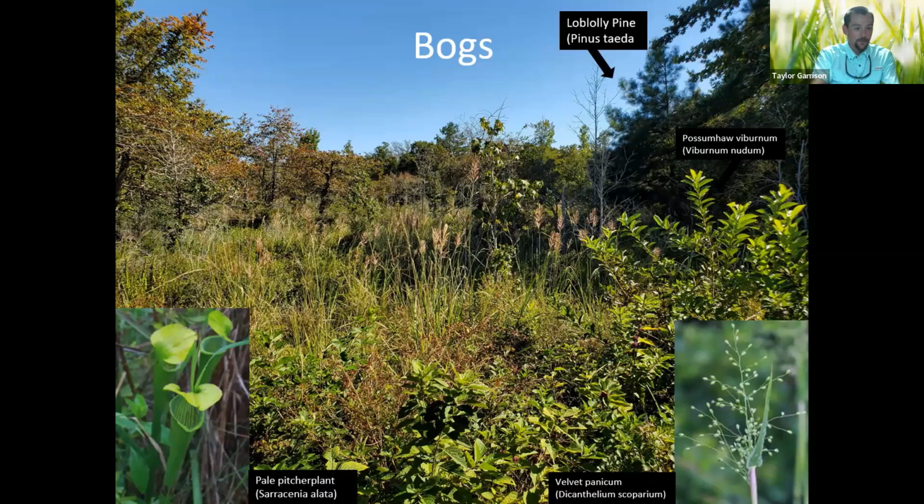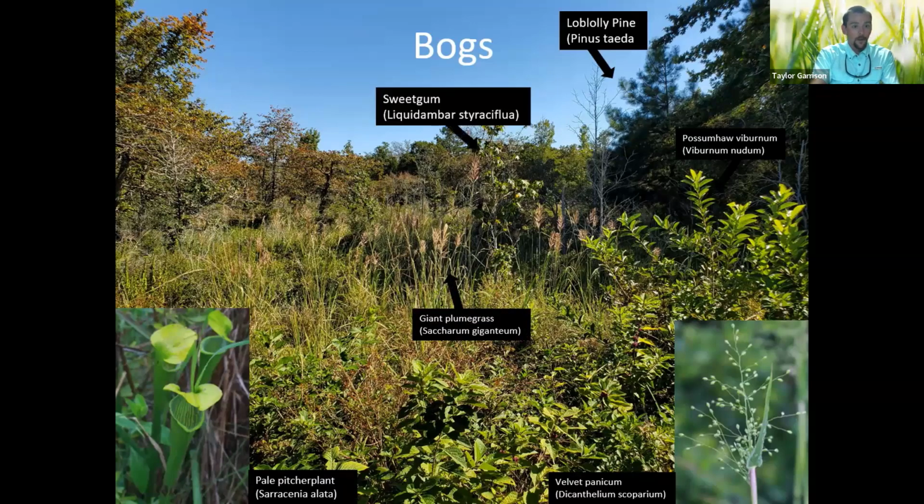We also have the pitcher plant again. We have giant plume grass, which is another grass species that will occupy these bogs. These guys can get upwards of 14 feet tall on a good year. We also have sweet gum, which is a really unique plant. I should have showed a close-up of the leaf, but it reminds me of the Land Before Time tree star leaf. So it has that same shape. And these guys grow in typically more wet, mucky bottomland situations or bogs as well. We also have water oak, Quercus nigra, which is common throughout many different wetter situations, but they do occupy some of these bogs as well.